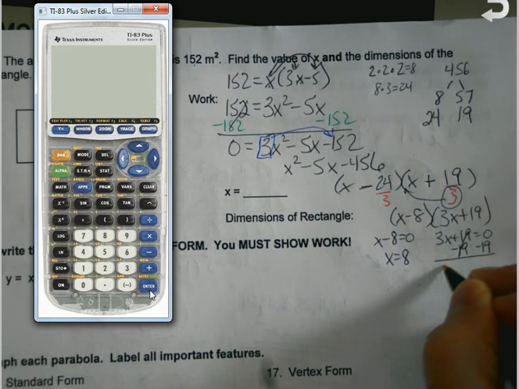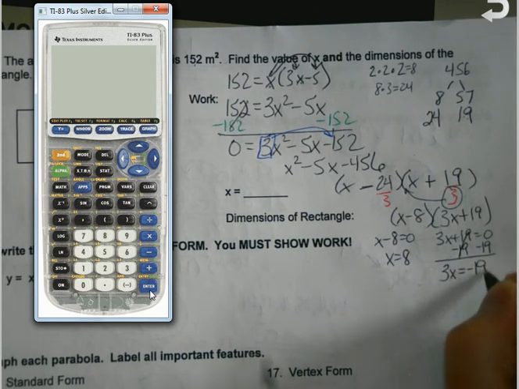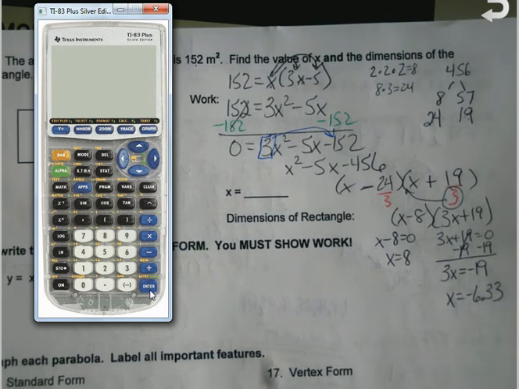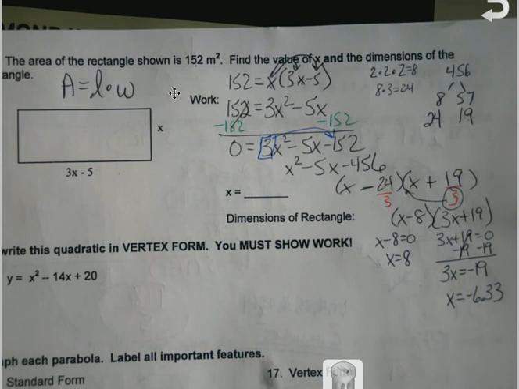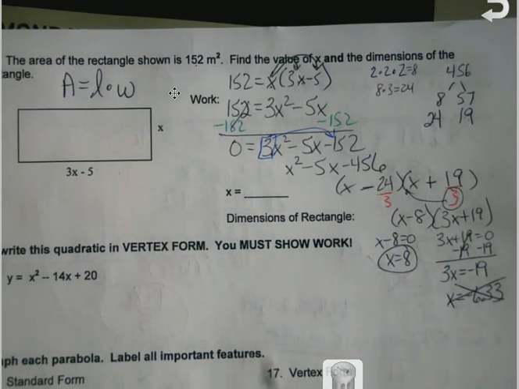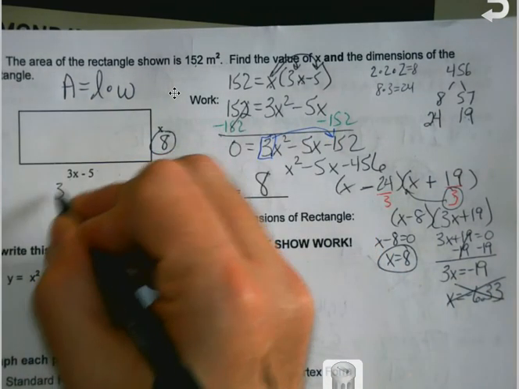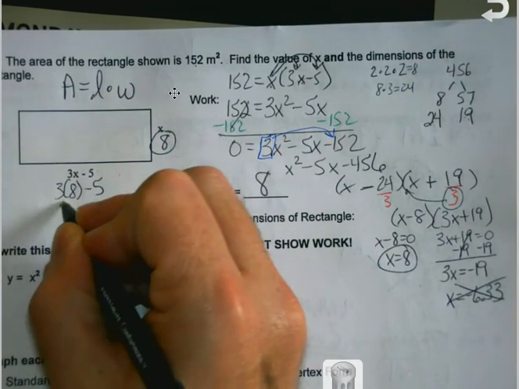And keep reminding yourself, this is the side of a rectangle that I'm looking for. One of those two values I found is sensible for being the side of a rectangle. The other one isn't. Which one's sensible? Okay, the 8 is a negative side. That doesn't make any sense. So x is 8, and then the dimensions in my triangle are found by plugging that back in